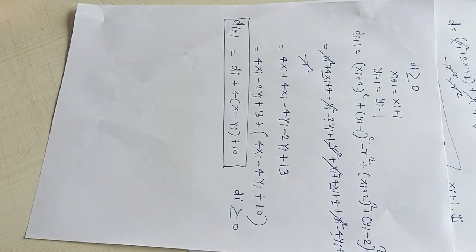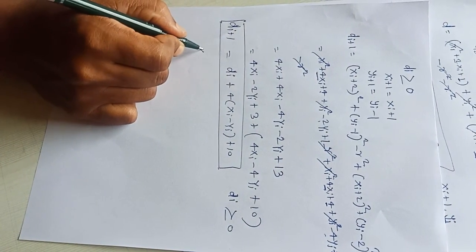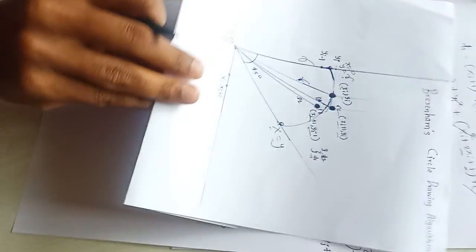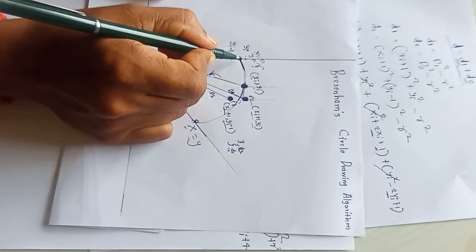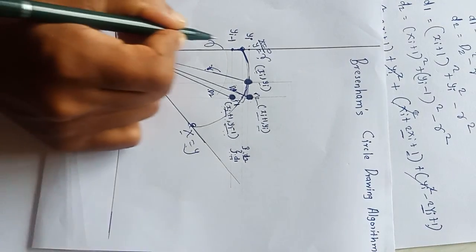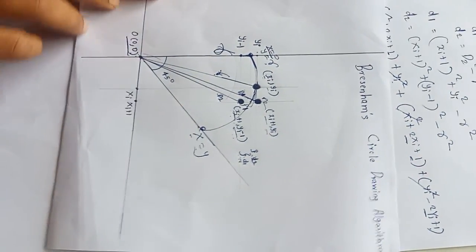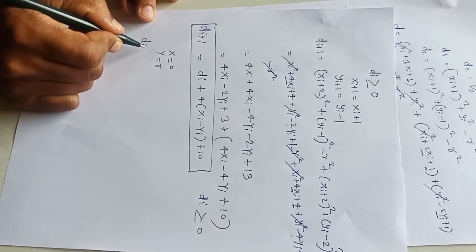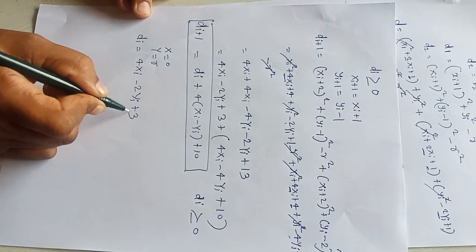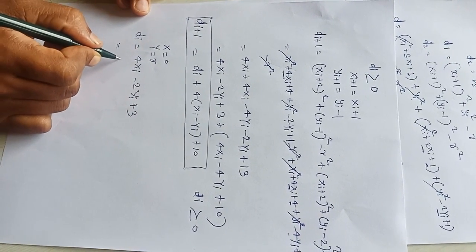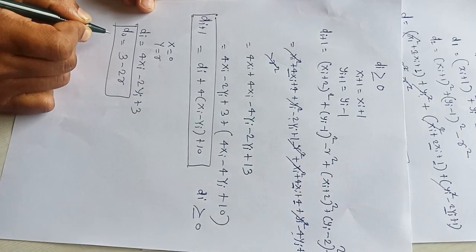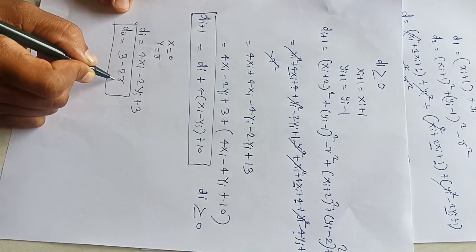What will be the value of the decision parameter at the start? At the start, when x equal to 0, y equal to r. How? Here you can see from which starting position we start. At this position we will start. So at this position x equal to 0 and y is equal to what? Value of r. So y is equal to r, and we got the equation 4xi - 2yi + 3. So putting those values, what is that? 3 - 2r. This value is at the start. So the decision parameter at the start is 3 - 2r.